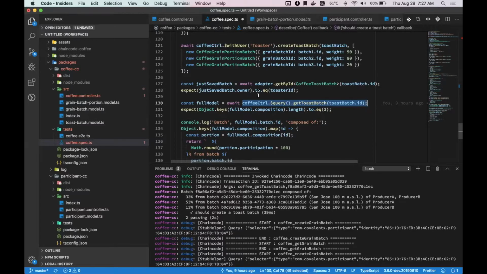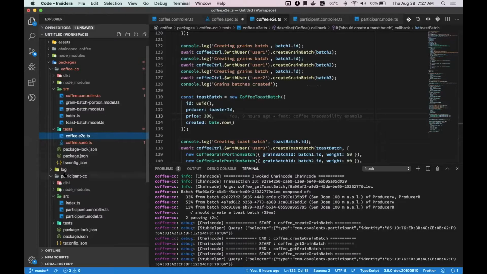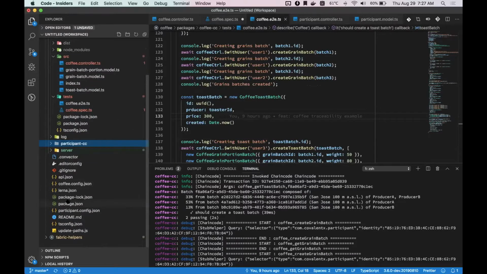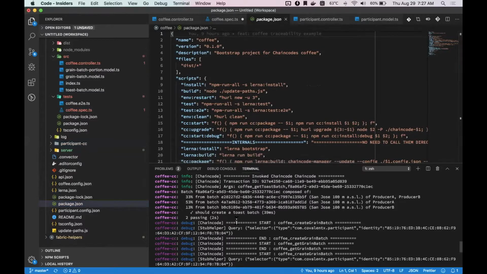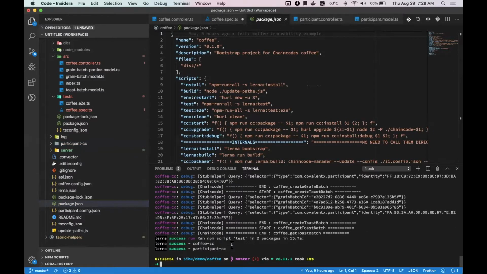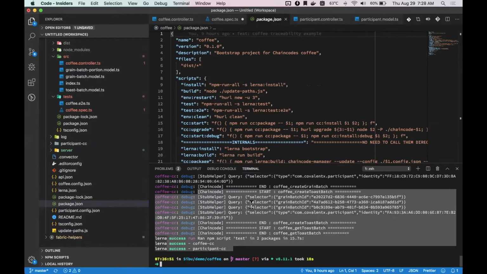Convector also has some end-to-end tests, sorry. I told you Convector comes enabled with Hurley. Hurley is a development environment that you can set up locally. So in here I run the unit test, right? But this was using a fake ledger. What I'm going to do now is